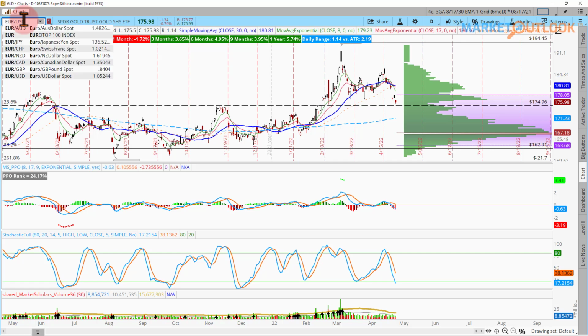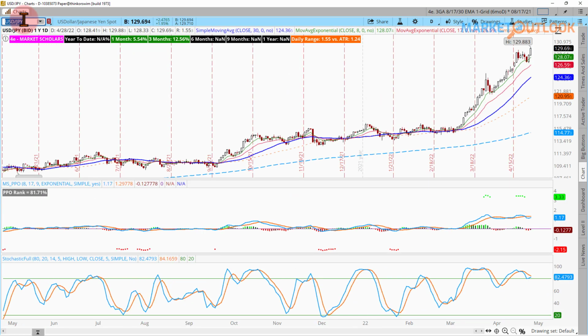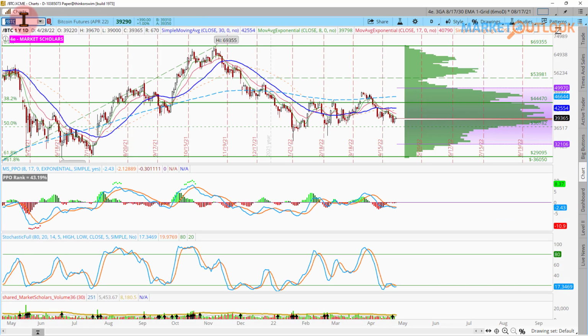Remember, the euro right now and the yen are the safety trades. They're still struggling too. The euro is still in parabolic mode, and the yen is still in parabolic mode. It's really gone to the upside. Normally you would consider the dollar, but right now these two particular currencies are your safety trades, and pretty much all of your safety trades dropped today. Bitcoin rallied a little bit, but it is still below its 8-day moving average. Both the 8 and 17 have crossed below the 30 and the 50. You're flirting around with this point of control on Bitcoin. But the story of the day is the safety trades still really dropping pretty sharply,